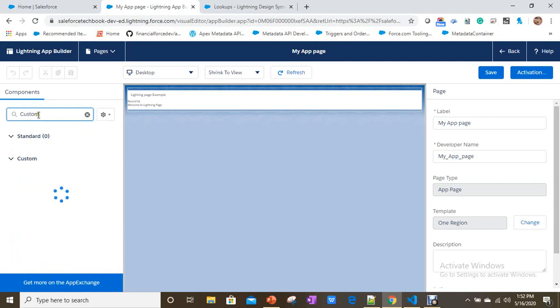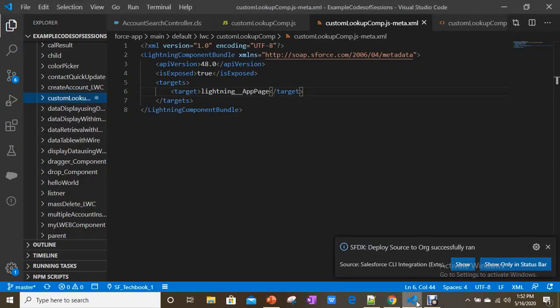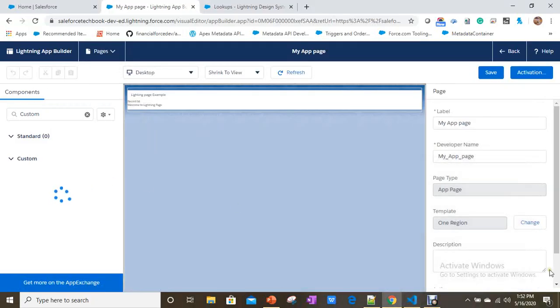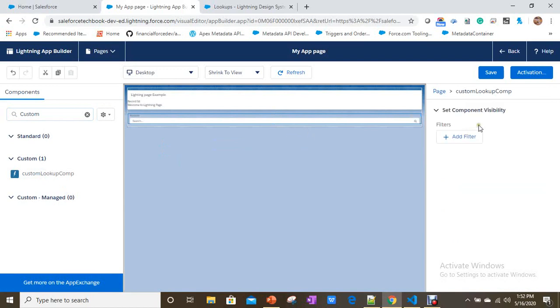Custom lookup. Yes. So I just added my custom lookup, nothing else, save.